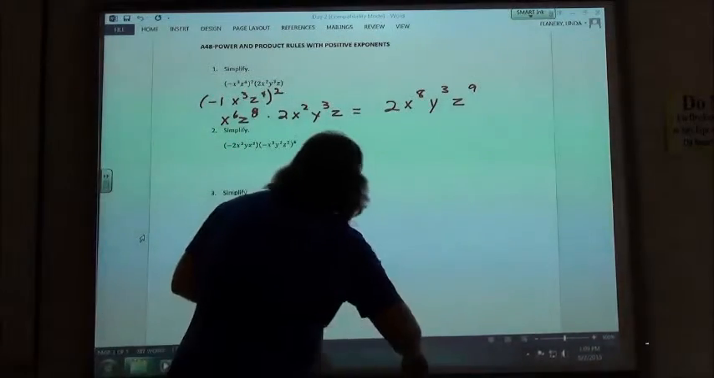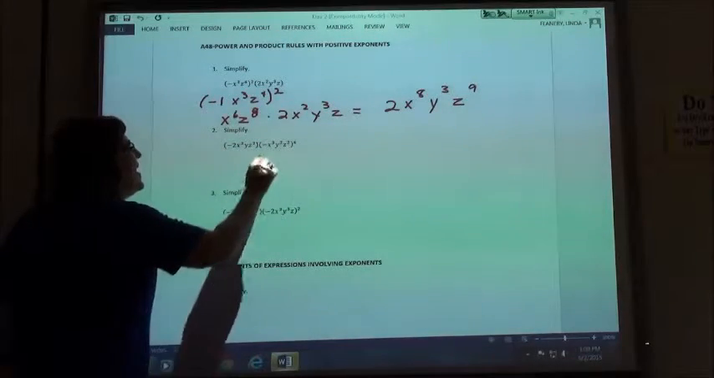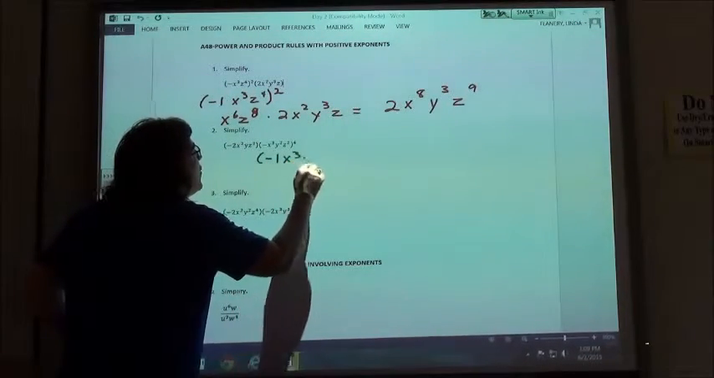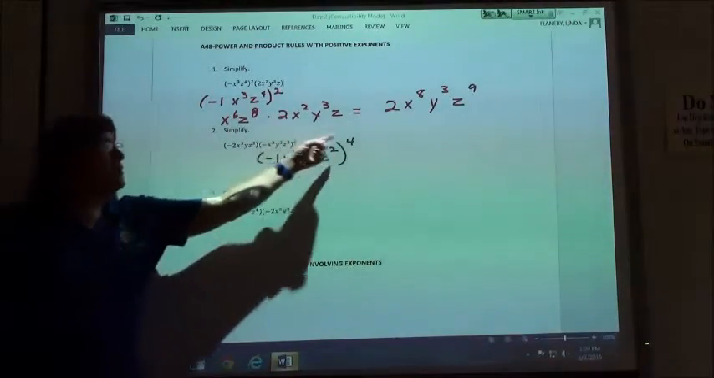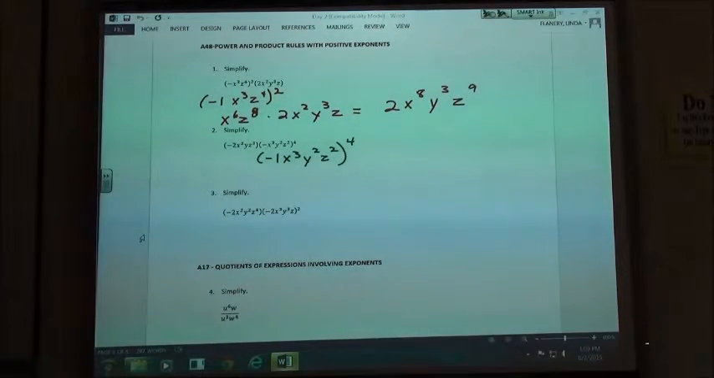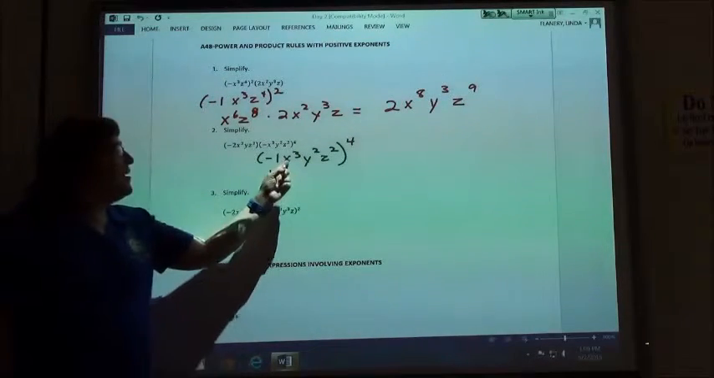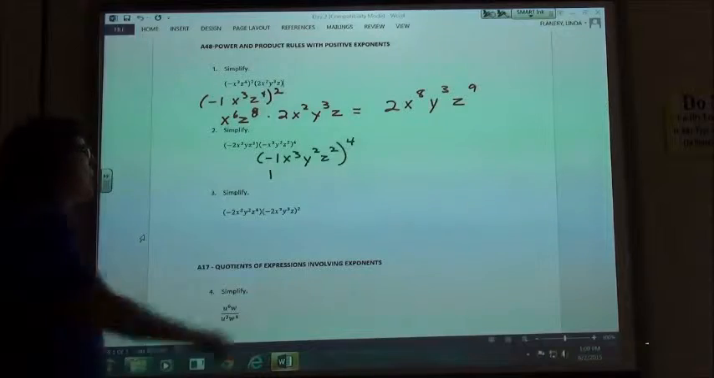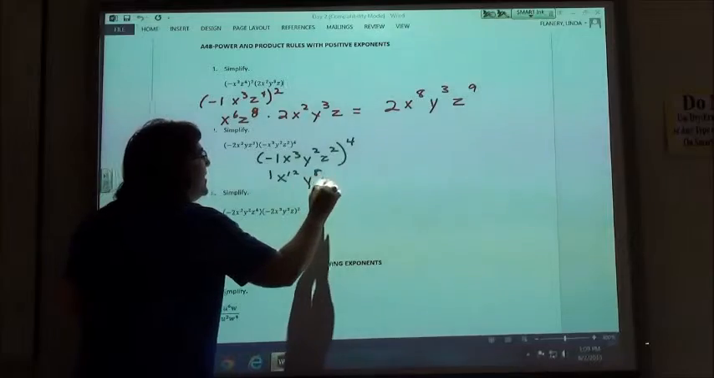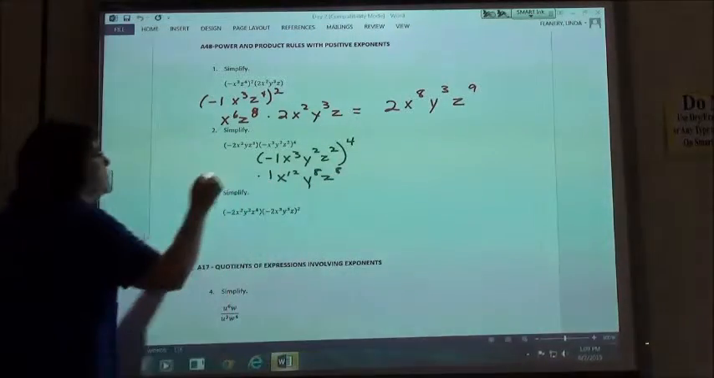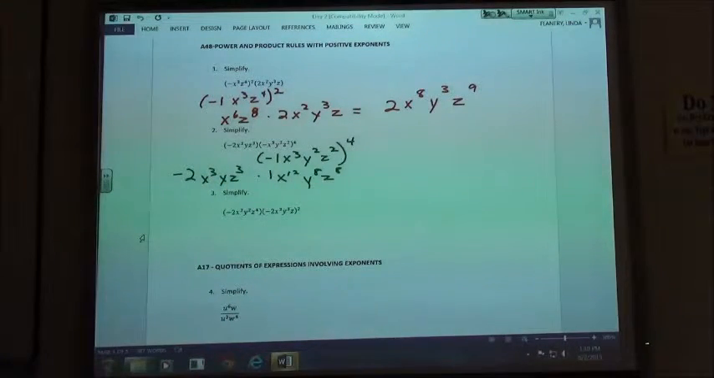So on that second one again, because so many people mess up on that negative, put another one in there. If I write that as -1 x cubed y squared z squared, and I raise that to the 4th power, -1 to the 4th power is +1. If you want, you could put the 1 there. It really doesn't matter till the end, just so you know you did it. X to the 3rd raised to the 4th power would be x to the 12th. I'll get y to the 8th and z to the 8th. I'm going to multiply that by the -2x cubed y z to the 3rd. And so when I multiply that, I get